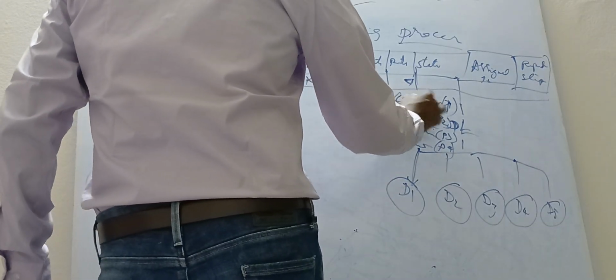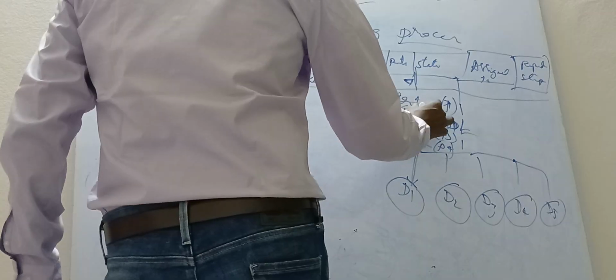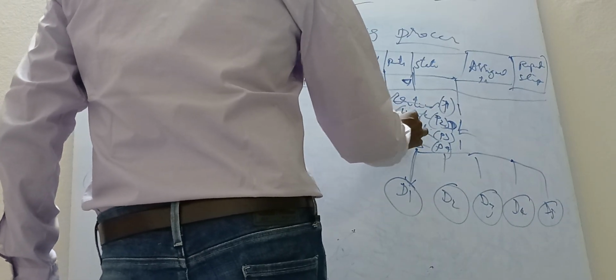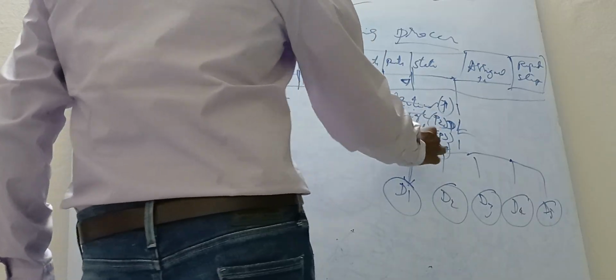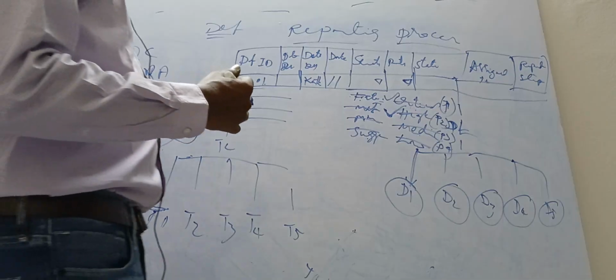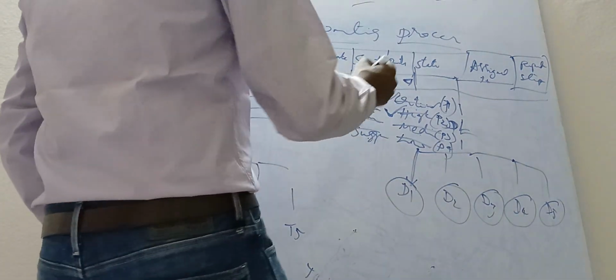All fatal will be in critical, all major will be in high, all minor will be in medium, and suggestion will be in low. So based on that, the priority will be given. Okay. So, status means